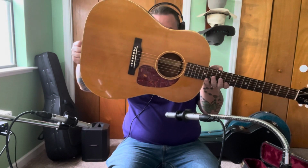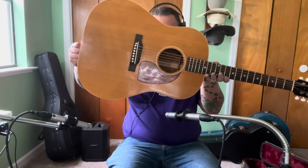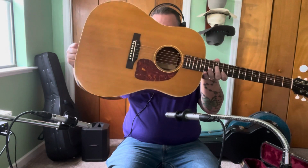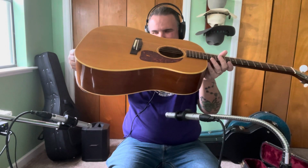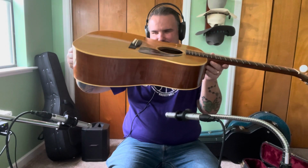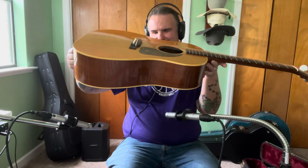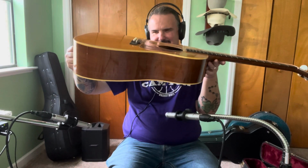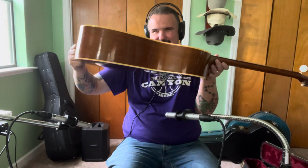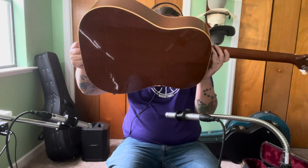People spend extra money to get a guitar relic'd to try to get this. On the sides, you do see a little bit of kind of an orange peel here and there. This is honest stuff. Something happens over time with the lacquer. And to me personally,